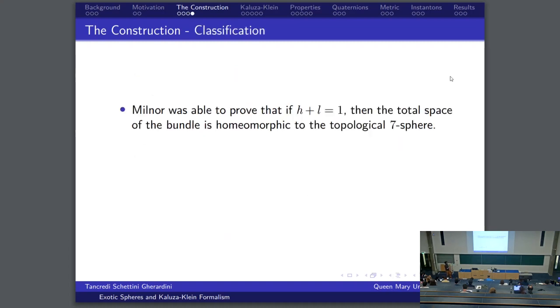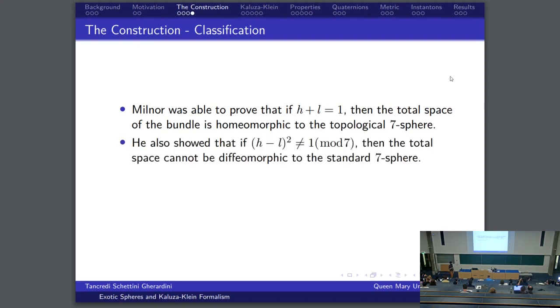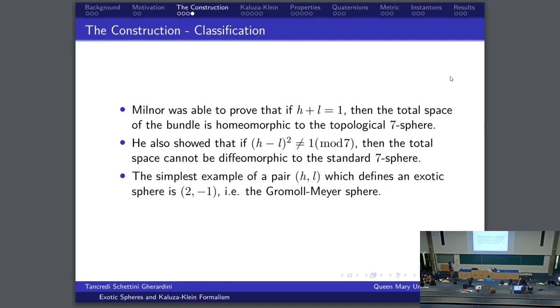And what Milnor was able to show is that when their sum is 1, then the total space is homeomorphic to a topological 7th sphere. But when this other condition is met, it cannot be diffeomorphic to it. So when both conditions are met, we have exotic spheres, and the simplest case in which this happens is this